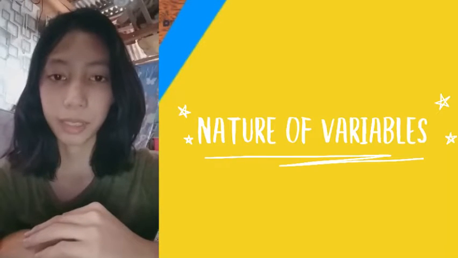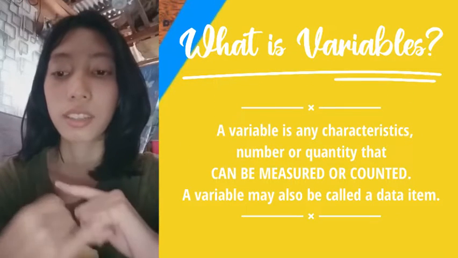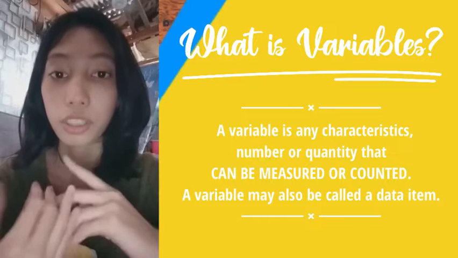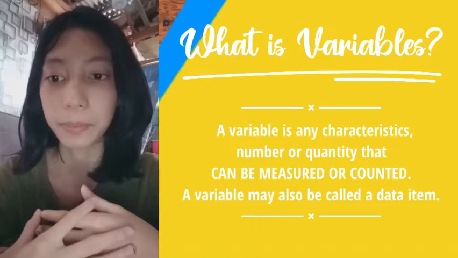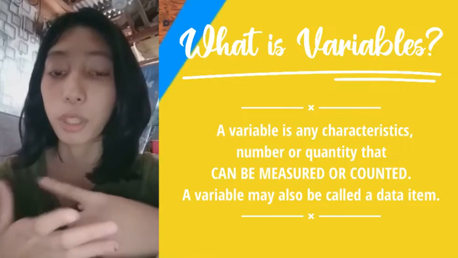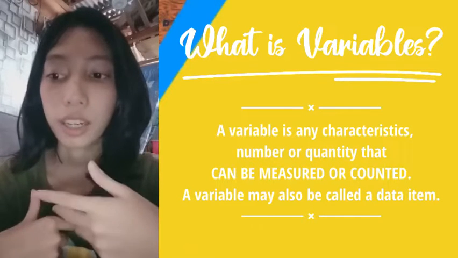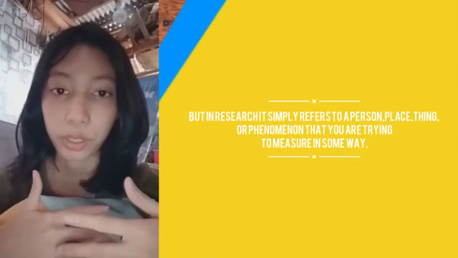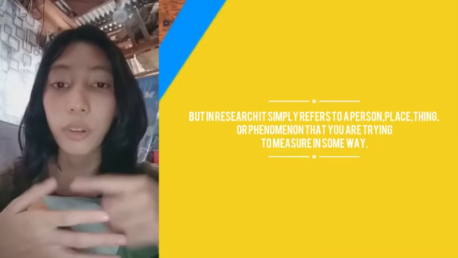So our title for today's lesson is about the nature of variables. What is a variable? A variable is any characteristic, number, or quantity that can be measured or counted. A variable may also be called a data item. Examples include age, sex, business income, expenses, country of birth, class grades, and eye color. But in research, it refers to a person, place, thing, or phenomenon that you are trying to measure